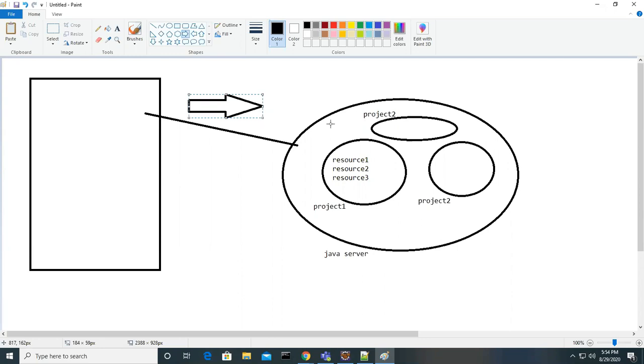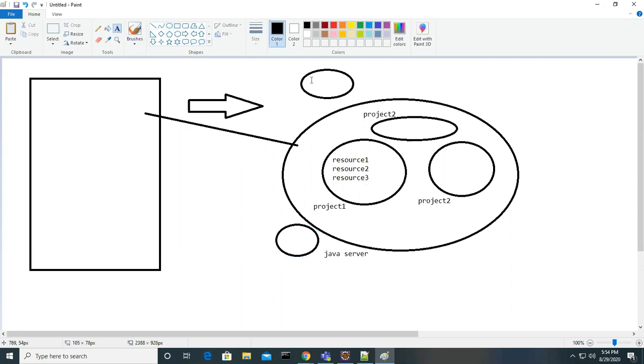Once the request comes to the server, what is the server going to do? First, it will create the request and response objects. As soon as the server gets a request from a client, it creates the request and response objects.